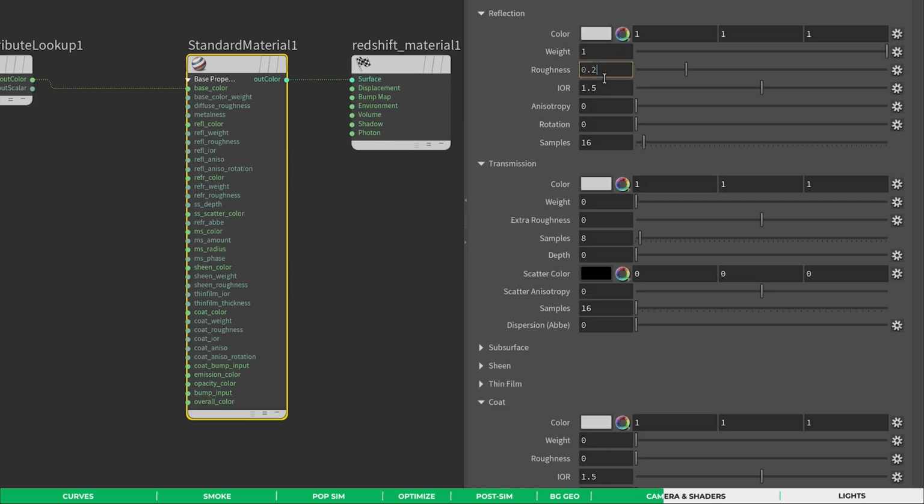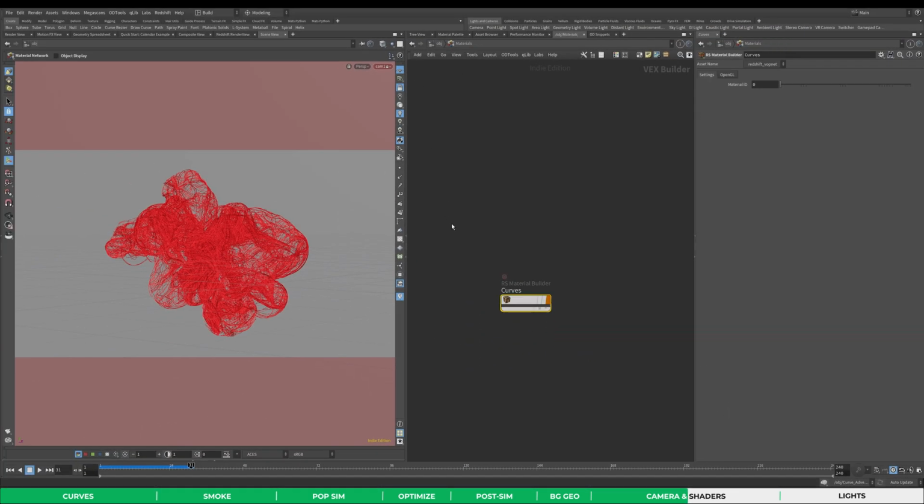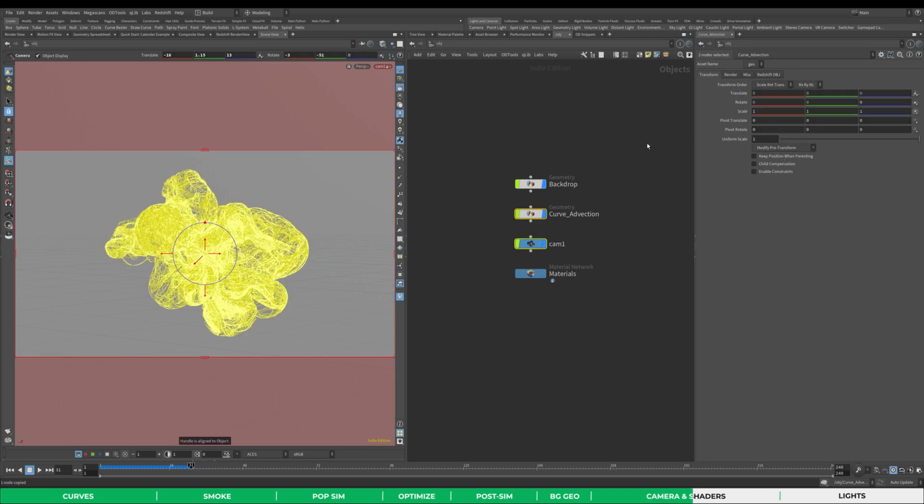And I'll also adjust the roughness and the reflection to 0.5. And I also did some slight subsurface scattering in this shader. So let's set this to 0.25 with a scale of 0.1. And that's basically everything. So let's copy this shader and assign it to the curves,